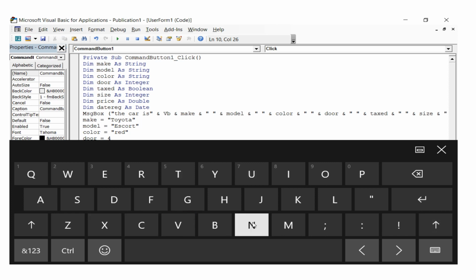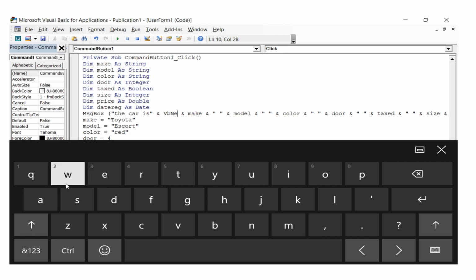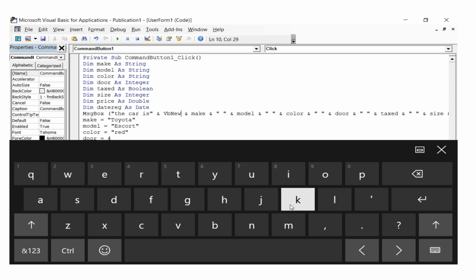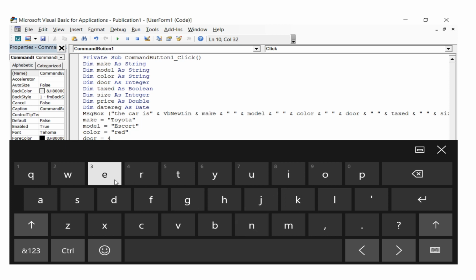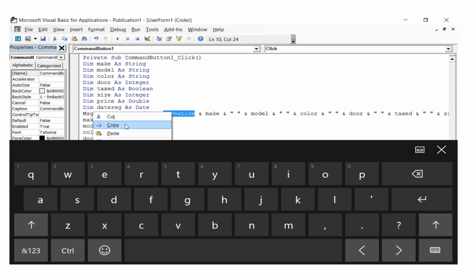Then we have the VB new line, VB new line. And then let us do it to all of them. You see, then copy this and then go replacing these with that,